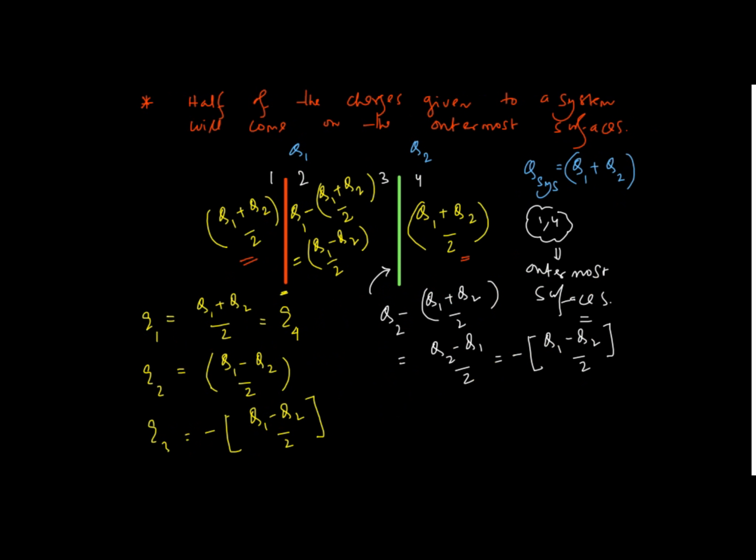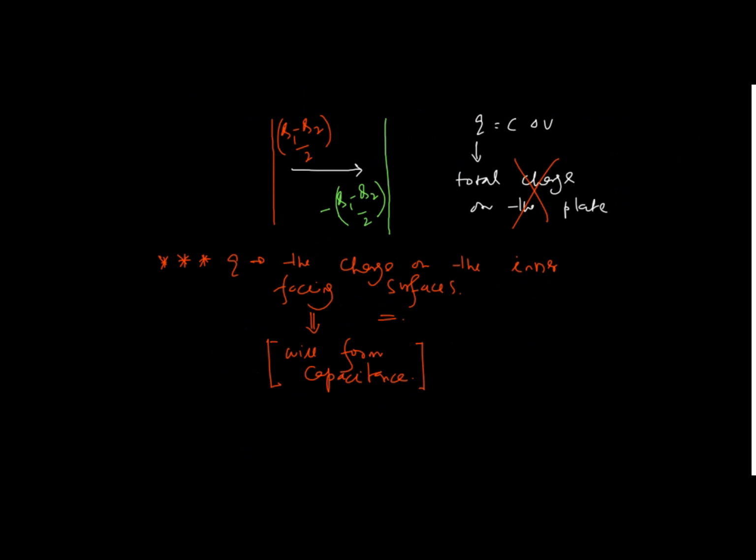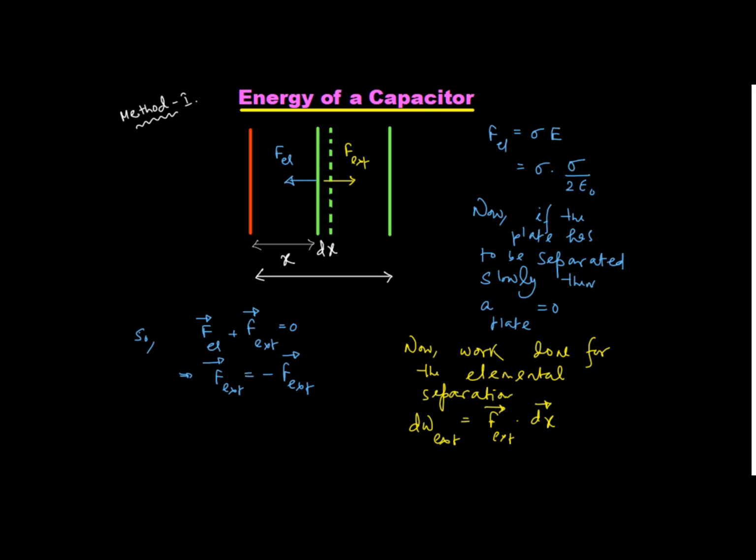Then you will see that equal and opposite charges are coming on the inner faces, and hence capacitance will be formed only because of those equal and opposite charges on the inner surfaces. I hope this is clear, right? Let's proceed now. So next thing, when we know that electric field is restricted, now we want to calculate how